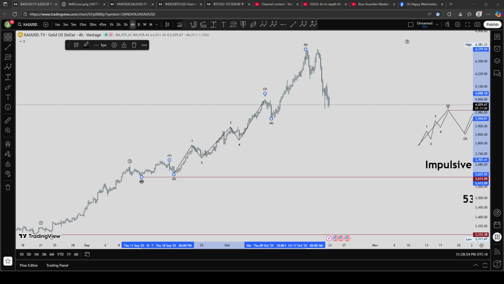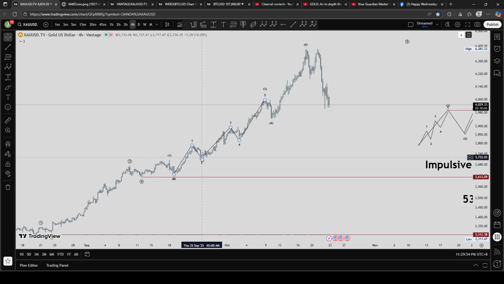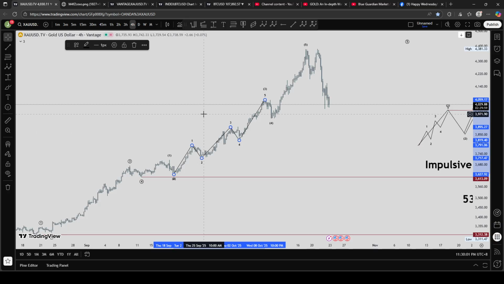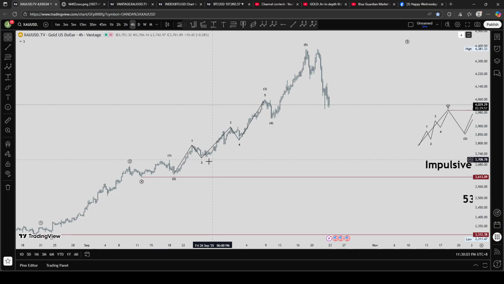Okay, according to the cardinal rule of Elliott wave theory, Illumi said wave 2 should not go beyond wave 0. That's the first cardinal rule of Elliott wave theory. So if this is our wave 2, obviously it did not go beyond the territory of wave 0, or the origin of wave 1. So therefore, this particular wave counting will satisfy the first cardinal rule of Elliott wave theory.